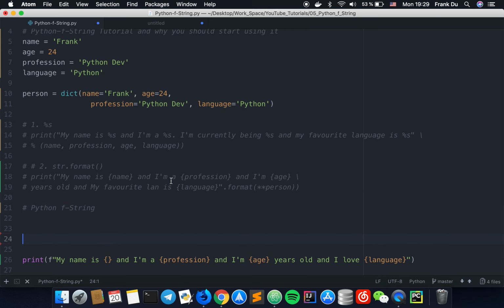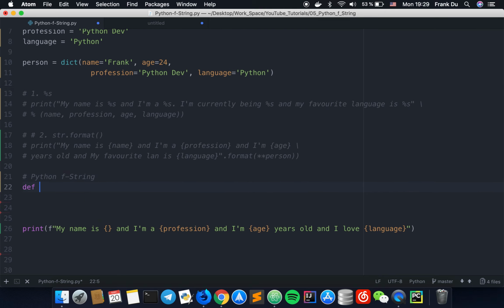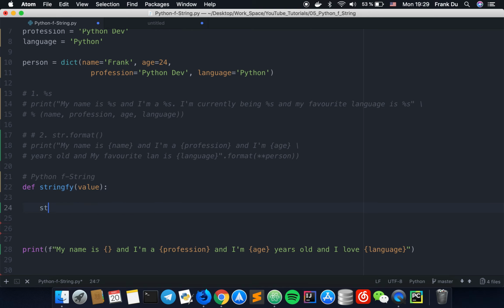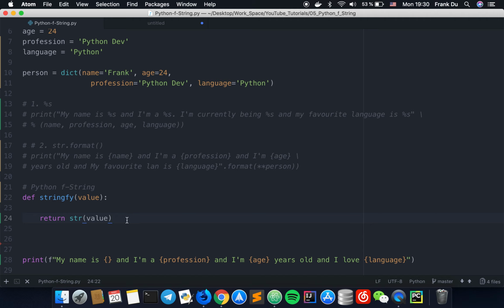So let's say I want to define a function here. I'm going to say def stringify. This function is gonna take a parameter and make that variable a string. So I'm gonna say value here, and what this does is it's gonna return the stringified value. Okay, so very simple function, and I'll show you how that works. So now let me